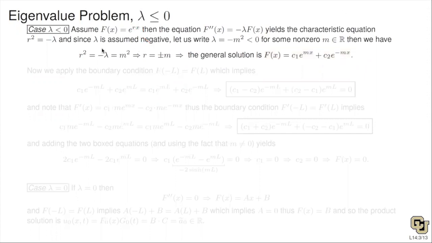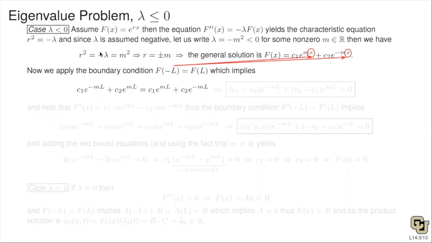And so now I'll show you the boundary conditions imply the only way this works is if C1 and C2 are 0. So the first boundary condition, f of negative L equals f of L. So what we're doing is we're replacing the x right here with negative L, and then equating that to the same thing, but replace it with L. So on the one side, I'll have